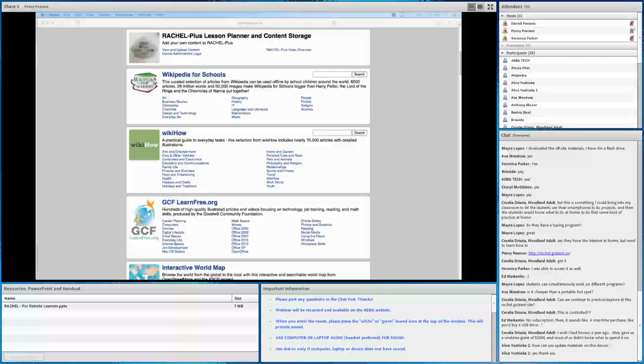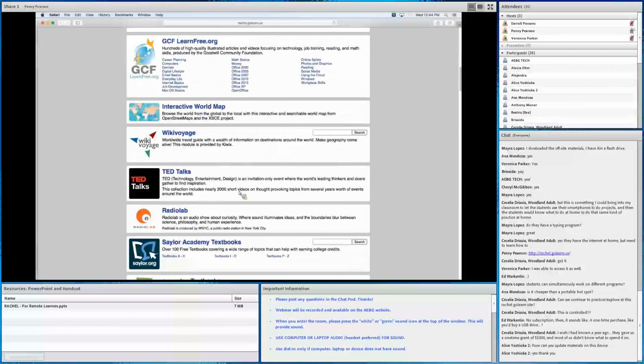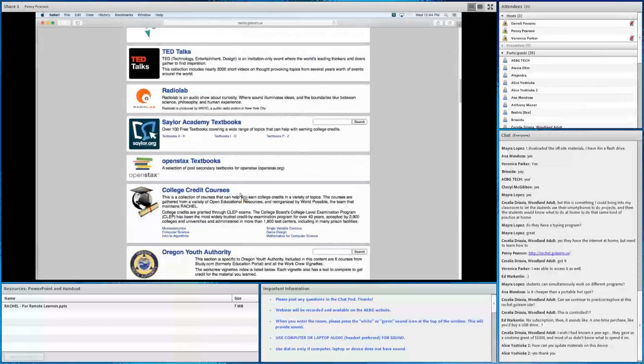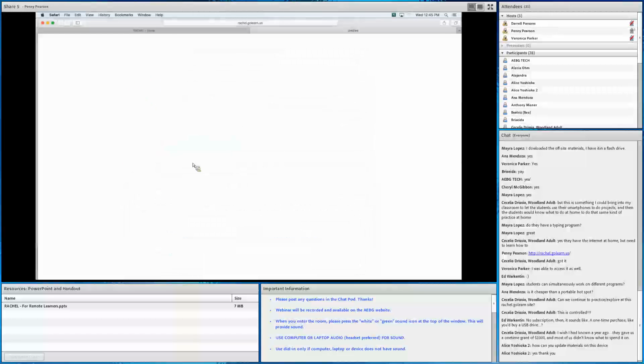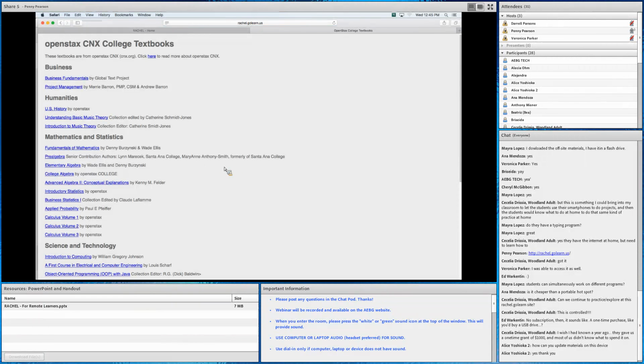Okay, so I'm just showing you this website. I'm going to switch back over to, just so you know, Saylor Academy textbooks and OpenStax textbooks. These are wonderful resources for post-secondary textbooks, so they might be a little high for your learners, but you can go to OpenStax online and find textbooks that are available, and they don't cost you anything.